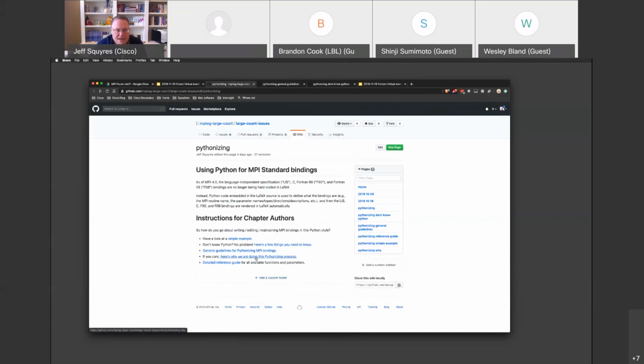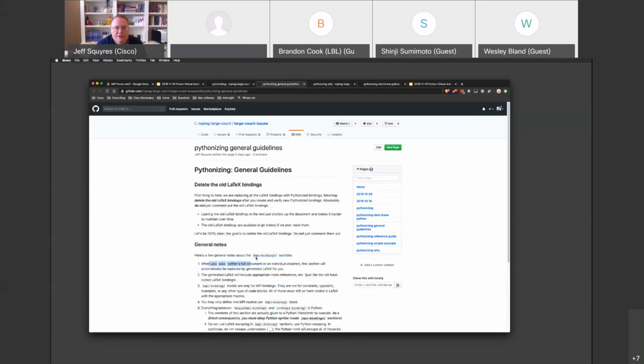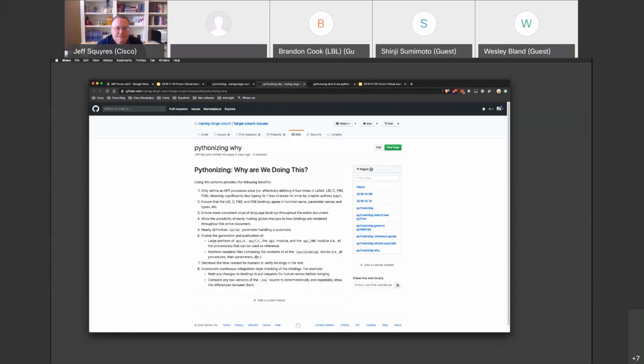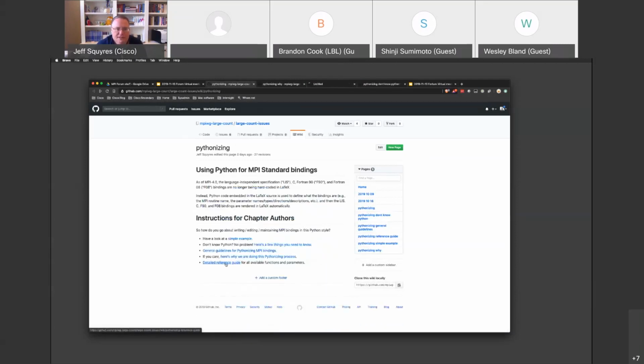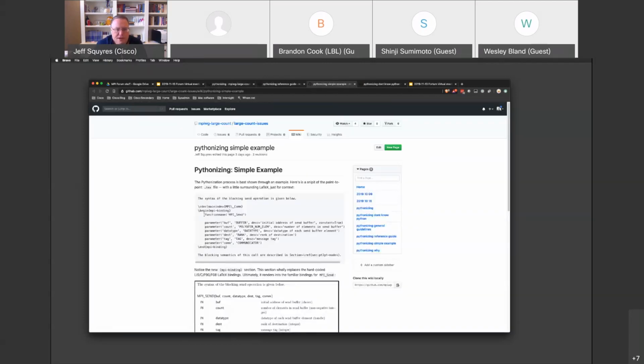What else we got? Rationale for here's why we're doing this. Lovely thing, just a couple quick points. And then here is the important one, the detailed reference guide. For the most part, you can look at this simple example and get 90% of what you need to do. Oh, function name, oh, parameter, and so on. Here's a bunch of different types. Just call parameter a bunch of times. Look at all the other examples in the LaTeX. You're probably just going to be copying and pasting from some other one anyway.